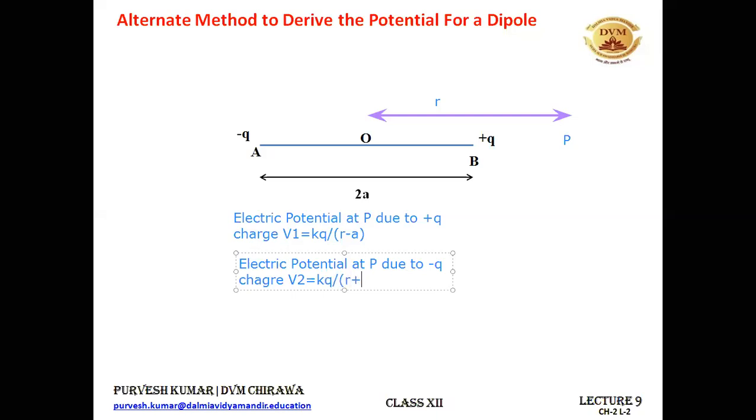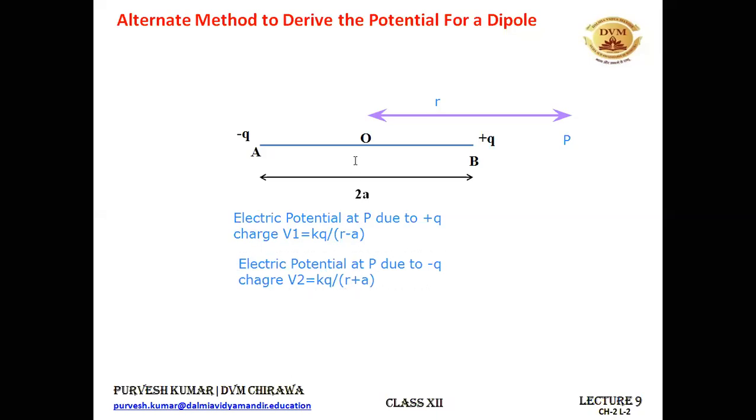R plus A. In order to find the total electric potential, you need to add them up. Okay, so that I am leaving as homework for you. And that has to be equal to the special case 1 or 2, that you have special case 1 because the point is towards the positive charge. So it has to be equal to the special case 1 results that we have obtained. All right, so that I am leaving you as homework.